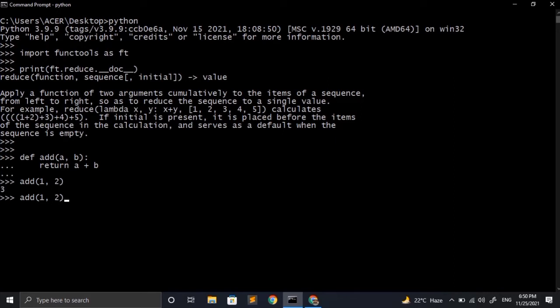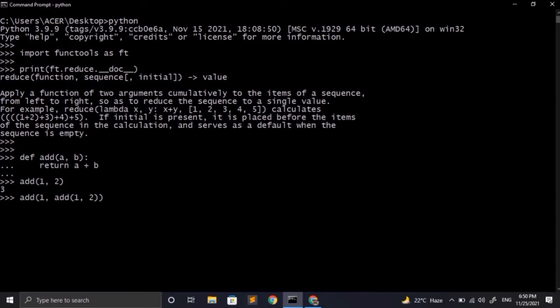So now let's call this function once again, but now let it be the argument of itself. So for that I'm writing add 1 and inside add the second argument I'm again providing the function itself with different arguments. So what's actually happening here is first of all we are calling the add function with 1 and 2 and after that we are again calling the add function but this time with 1 and add function itself.